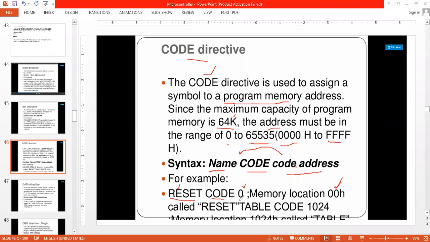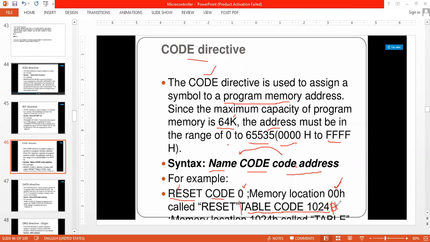Then table, this is a separate example: table code 1024H. The number may be decimal or hexadecimal, and I have to specify it. If I don't specify H, it will be considered a decimal number.